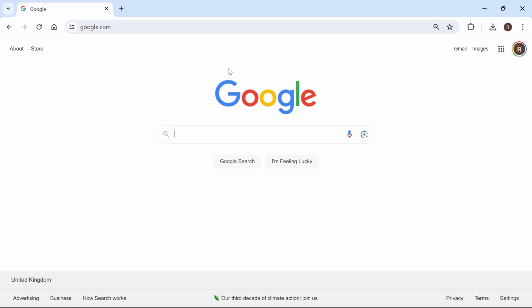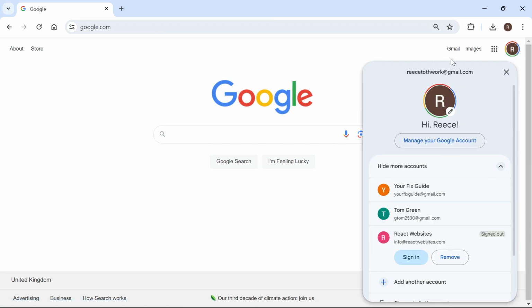In this guide, I'll show you how to cancel your Google Drive storage subscription. So all you need to do is head over to google.com and make sure you're logged into your Google account. Then we're going to click on our profile icon in the top right hand side, select manage your account, and